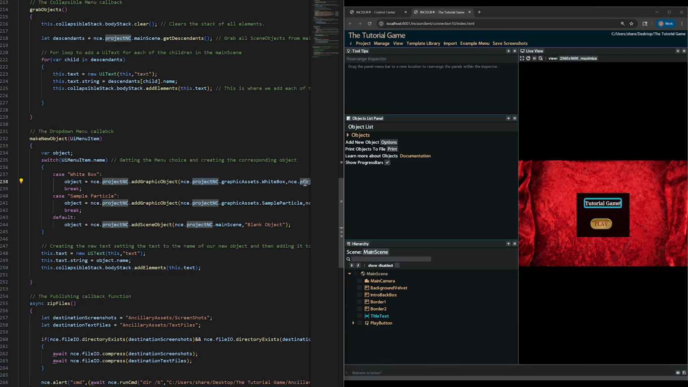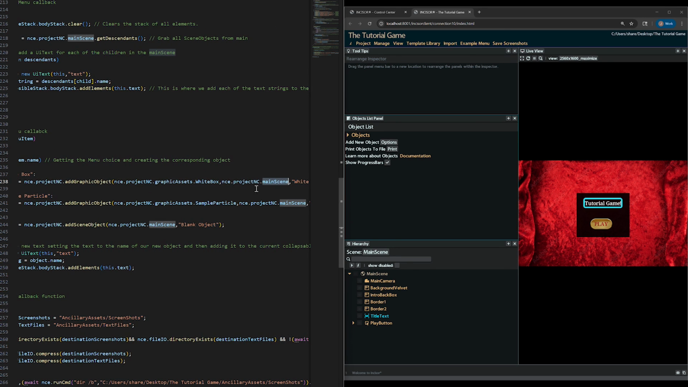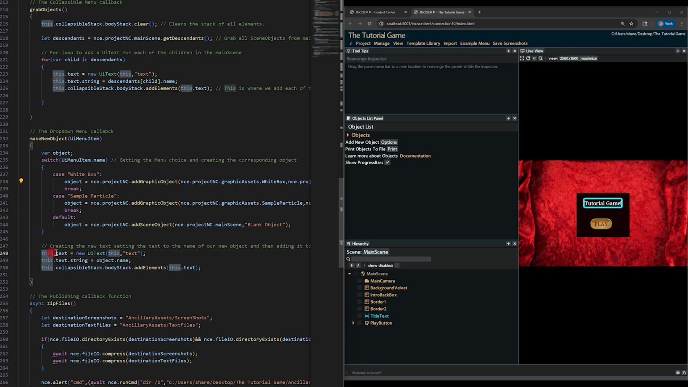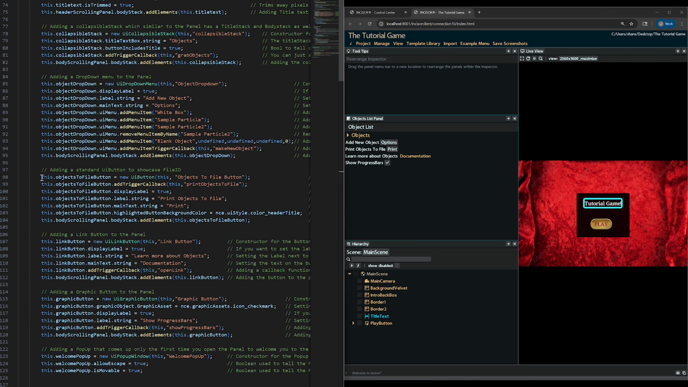When creating a new scene object, we again use nce.projectnc to access the proper graphic asset and the proper parent for the object, the main scene. After recreating the new scene object, we generate a corresponding UI text element with the same name and add it to the collapsible stack. Now let's look at our first button, Objects of File button, and the functionality it provides